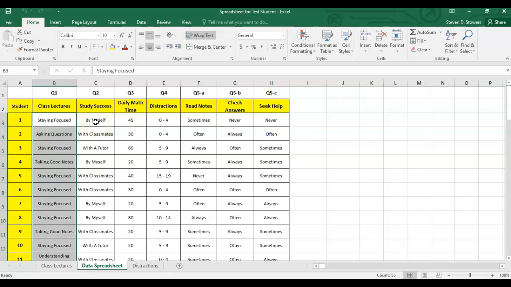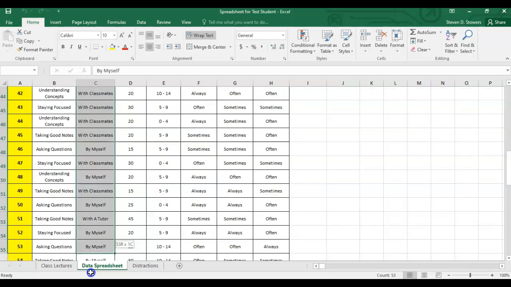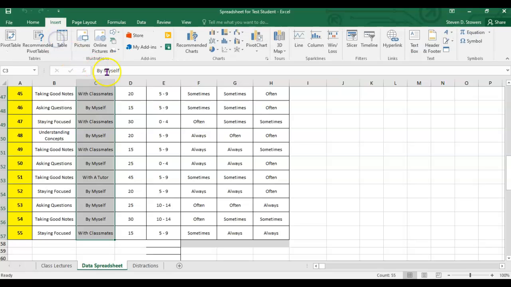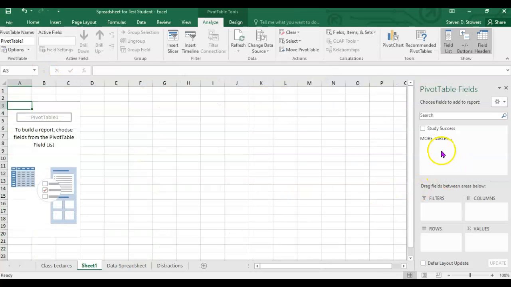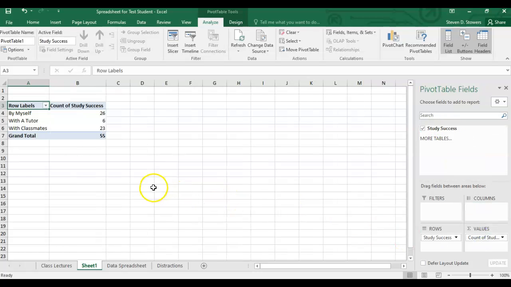So left click in cell C3, hold the button down and drag down through all of the responses in that column. Then we go up to insert and we tell it we want to insert a pivot table. So click on pivot table, click OK, click the box next to study success, drag it down into the box that says values,